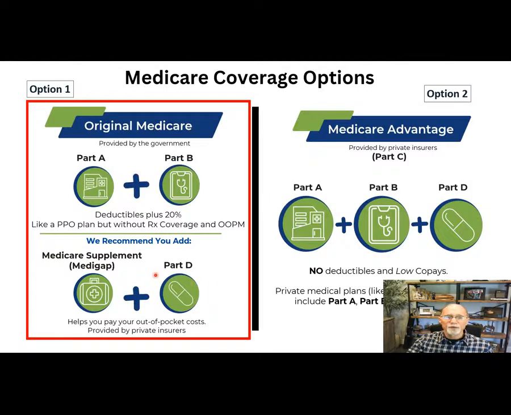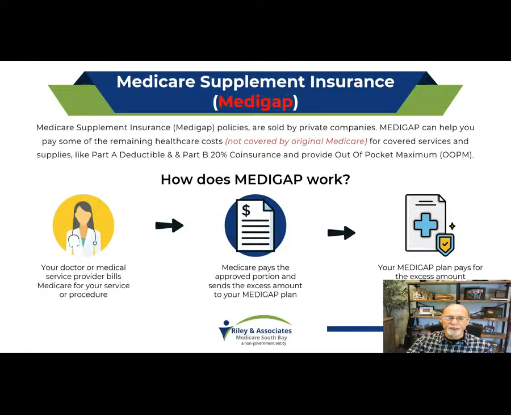Okay. So let's first take a look at your original Medicare option with a supplemental in Part D, just so you understand that. When you have original Medicare with a supplemental plan, the way it's going to work is you go to your provider, you give them your Medicare card plus your supplemental card. The provider will go ahead and bill Medicare for those services, and then Medicare will pay their part, and then they will bill the Medigap or supplemental plan, which is the same thing. They'll bill the supplemental carrier for the balance. And like I said, your only cost is going to be at the beginning of the year when you pay through that $283. Other than that, your supplemental is going to pick up everything.